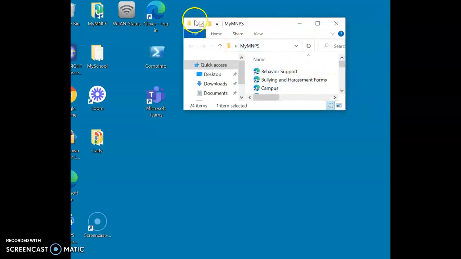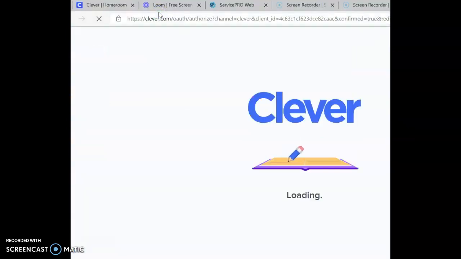If you're having a problem with your loaner laptop or any other piece of equipment, here is how to turn in a service ticket to let the technology people know you have a problem. I like to go into Clever. You can get to it from the My MNPS app, but it looks different, so I'm just going to give you the Clever instructions. So go to Clever,